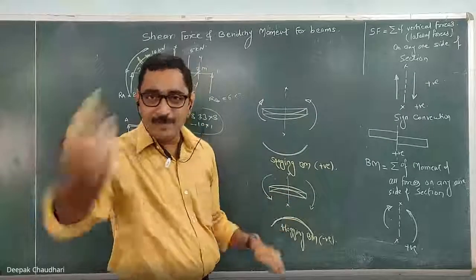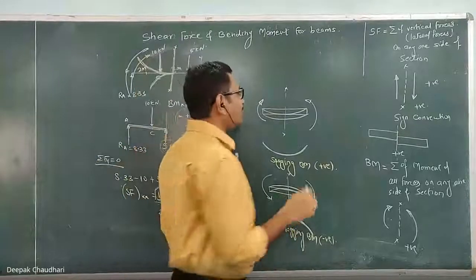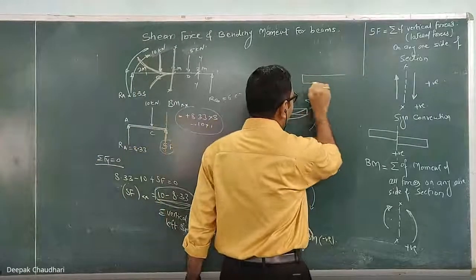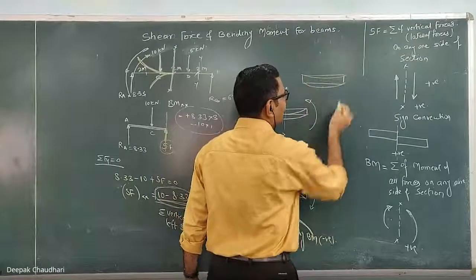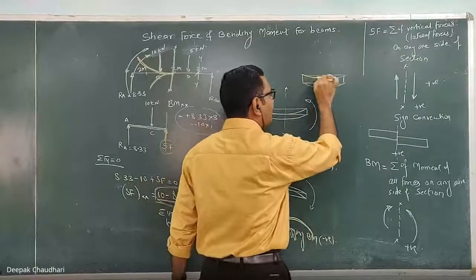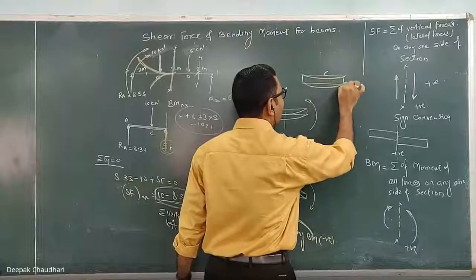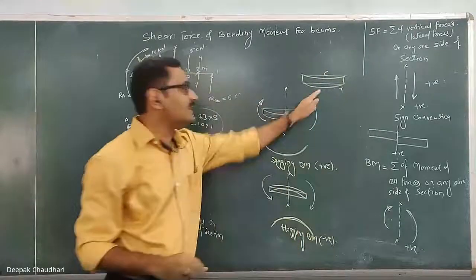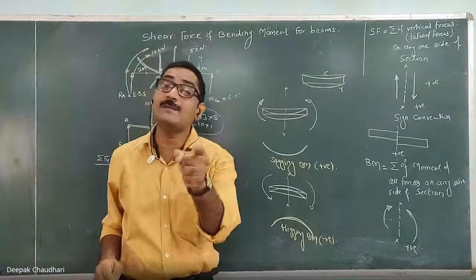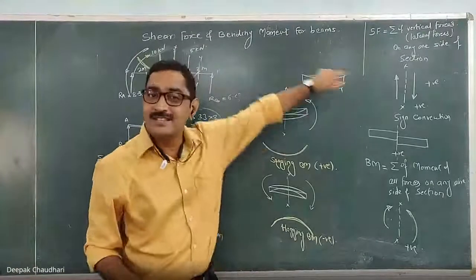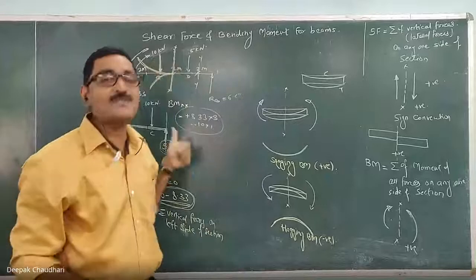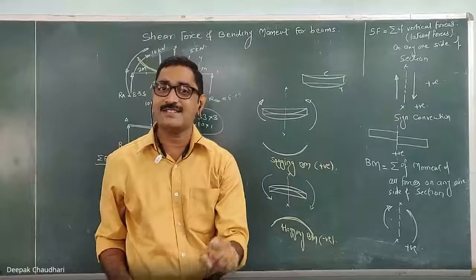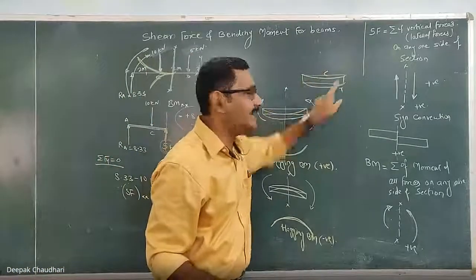Clear? After this, we are going to learn about the bending stresses. So when any beam is subjected to the sagging bending moment, it will bend like this, and when it bends like this, the upper layer will be in compression and the lower layer will be in tension. From this you have to decide which type of stress is induced in which layer. These are the stresses induced because of the bending moment. That's why these are known as the bending stresses, whose nature is compressive and tensile.